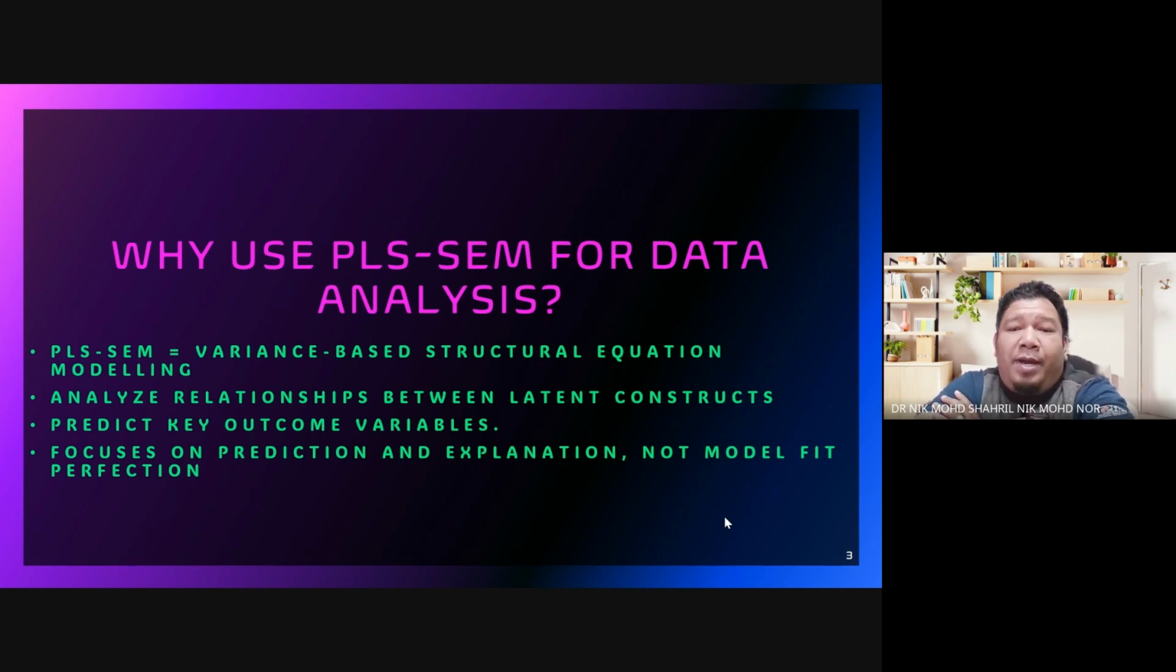PLS works by combining two ideas, which are factor analysis and regression analysis. Factor analysis helps us understand how well our questionnaire items represent a construct, while regression analysis helps us test relationships between constructs. What makes PLS unique is that it focuses on explaining variance and predicting outcomes rather than confirming a